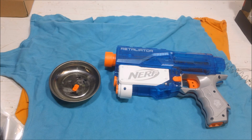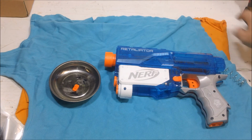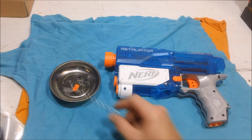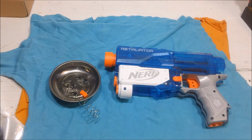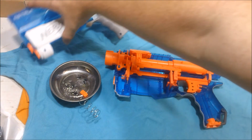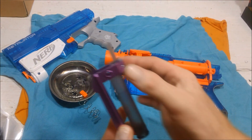And I'm just going to bring you up to speed. As you can see, here's the spring sitting out. I've already removed all the screws and pulled the blaster apart, took the spring out, and gotten to this point so that we can have a little shorter video. So quite simply, I'm going to take it apart, and I also went ahead and took my alloy bolt sled,